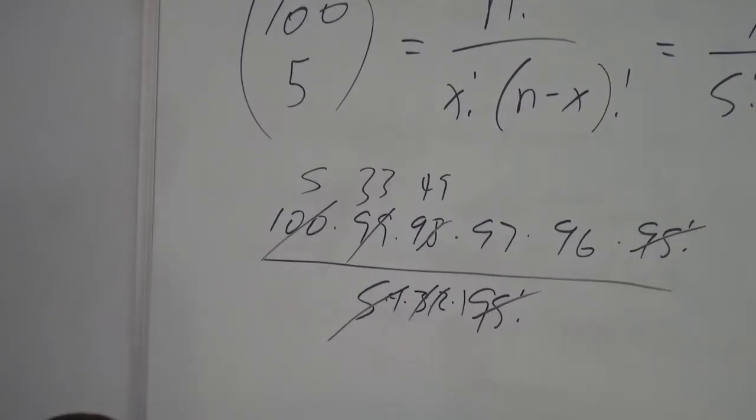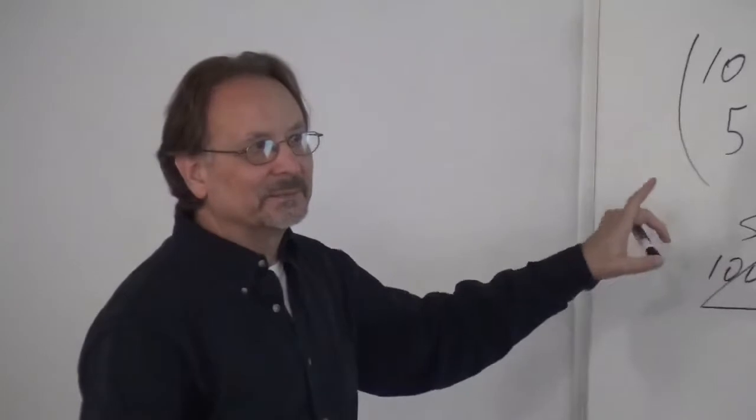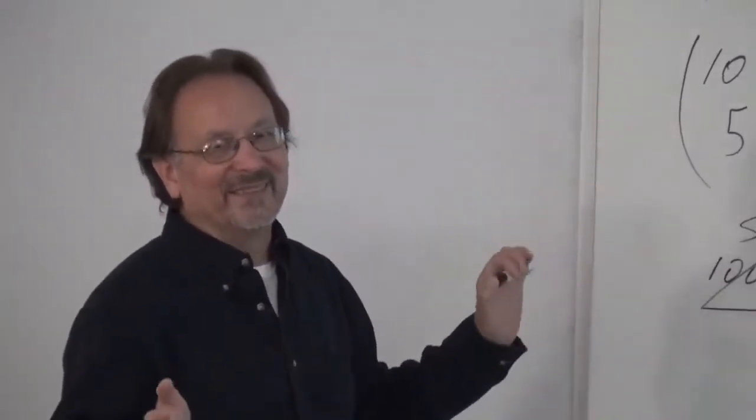So that's the way you should think about it if you are presented with a factorial that you really can't do by brute force. You have to do it with a little more finesse like that. So it's a good idea to learn how to do that, or to think about it that way. Does everybody see what I did there? Or if you don't, please tell me.